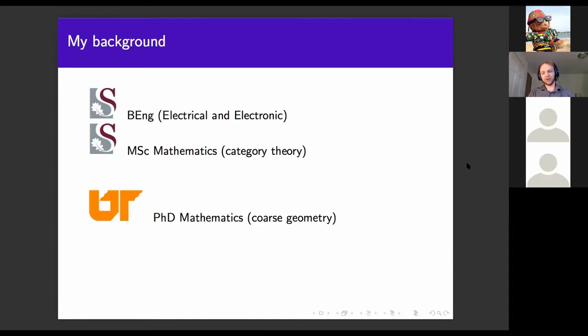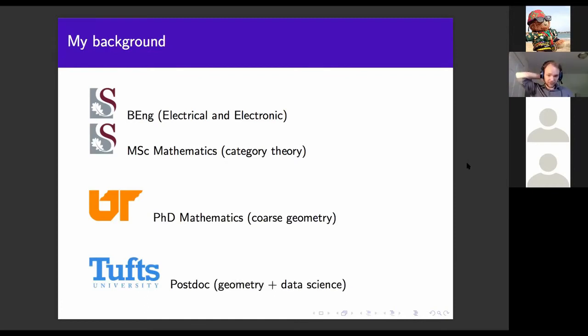And then after that, last year, I applied for a bunch of jobs, and I ended up at Tufts University doing a postdoc. And this postdoc's kind of interesting. I'm in a group called the Metric Geometry and Gerrymandering Group, which is what MGGG stood for in the first slide. And what we do in this group is we are interested in computational and mathematical approaches to problems involving redistricting, which I will try and explain at the end.